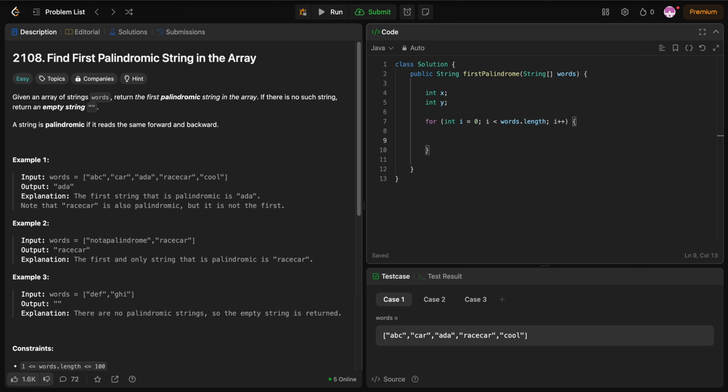So for each element in our array i, x equals 0, y equals words at i dot length minus 1. And then while x smaller than y,